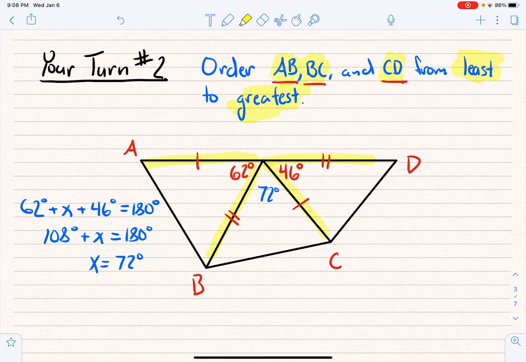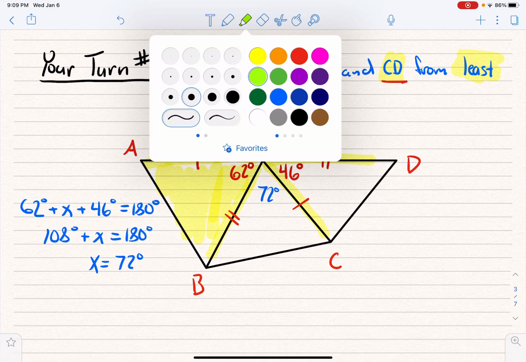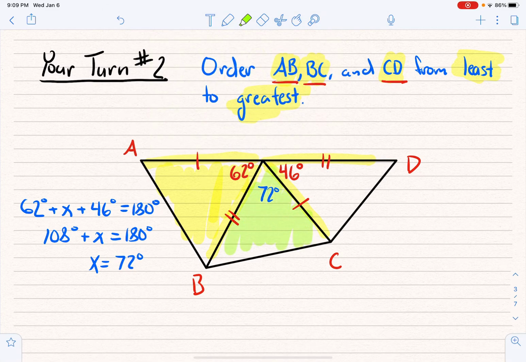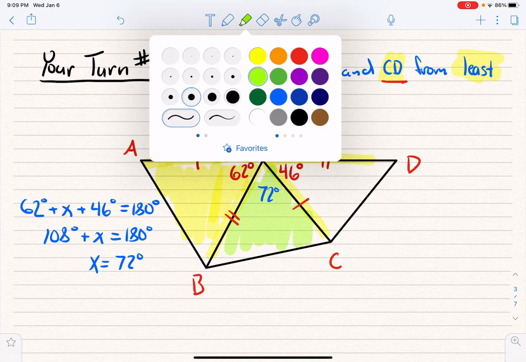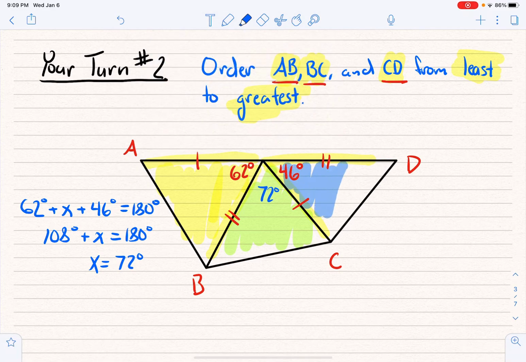So we really have 3 triangles that share these congruent sides. There's a triangle right here that has those 2 sides. There's a triangle right here that has those same 2 sides. It has the 1 dash and the double dash, so they're just in a different order. And then we can see there's a triangle way over here that again has the single dash and the double dash. So we know that these third sides, AB, BC, and CD, their length would be based solely